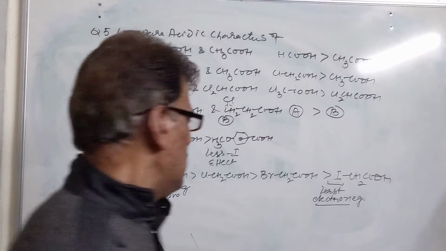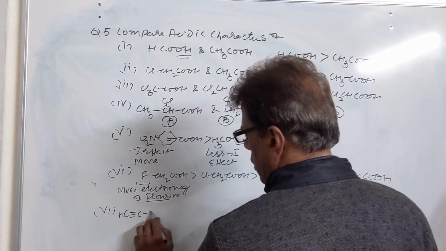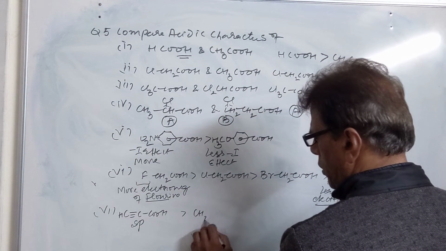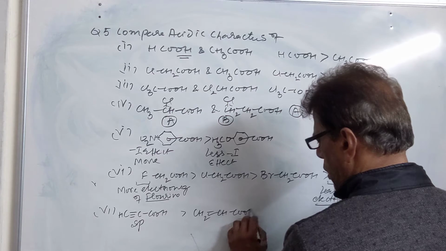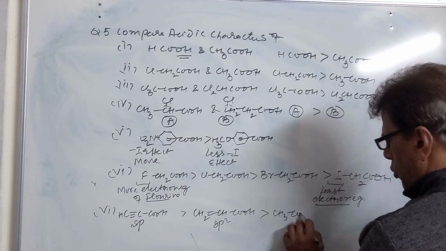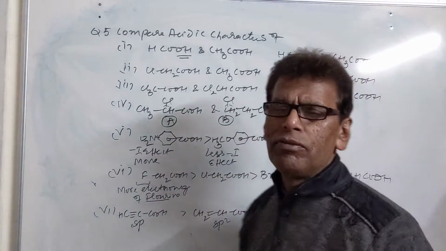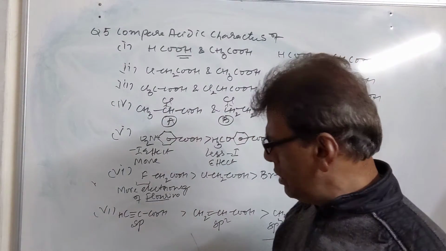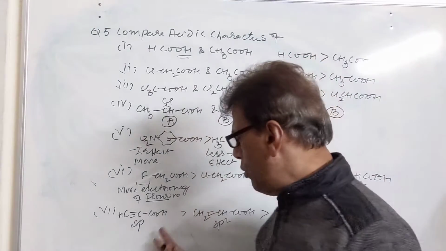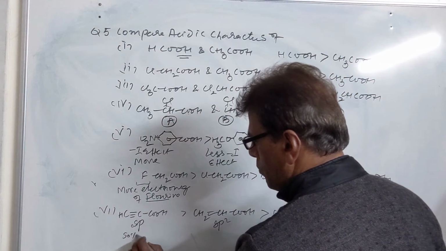Then we have the comparison on the basis of hybridization. This is one of the carboxylic acids where carbon is sp hybridized. Then we have another carboxylic acid where carbon is sp2 hybridized, and then we have a carboxylic acid where carbon is sp3 hybridized. So the higher the s character of the hybridized carbon, the more will be the electronegativity of that carbon, and the OH bond will be more polar in such cases, because it has 50% s character.